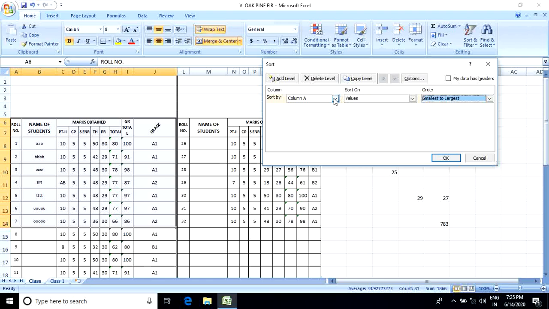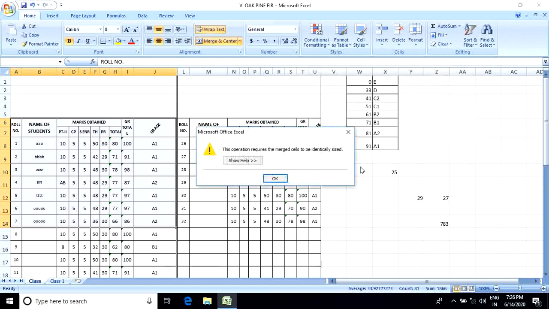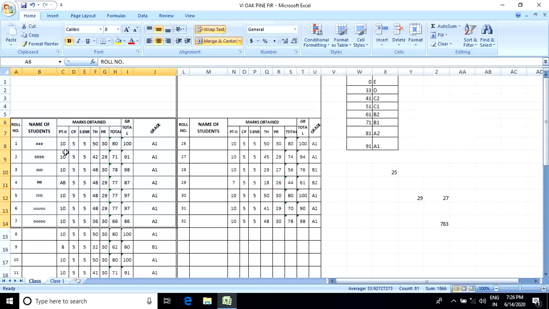You can choose Column B also, A to Z or Z to A. If you select ascending order, then A to Z. Here it is not possible because the attached value of a particular cell is already filled up. That's why it is fixed for the values and can't change.